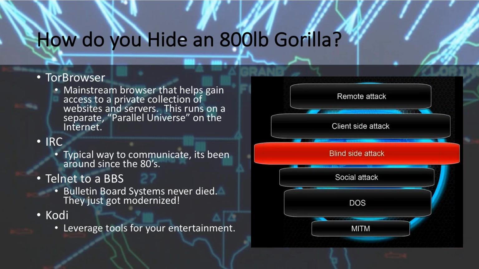You can telnet to a BBS. Like I said, those bulletin board systems never died. You can use what's called a telnet application, and then you can go on Google or DuckDuckGo, search for some BBS addresses, which will be IP addresses, type those in, and now you can access the bulletin board systems that really never died. They just went underground more. Or you can use Kodi, which is that set of tools that we talked about that'll keep you entertained at the least. You can install it as an operating system or use it as a boot CD and be able to access a lot of tools that will actually allow you to do quite a bit of things.